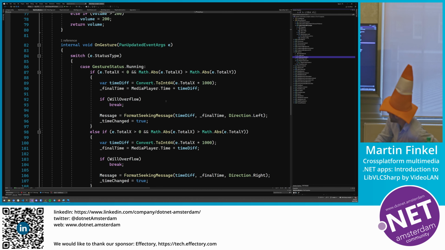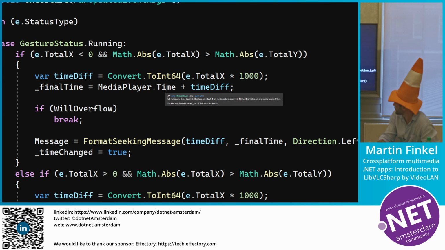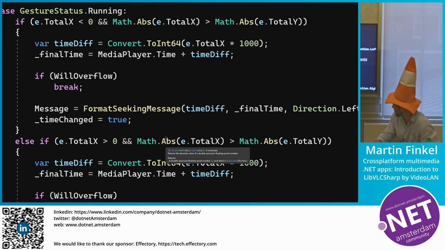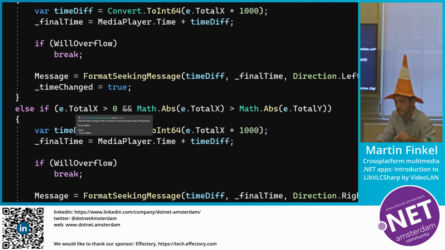So here we can just check the time. You cannot see the comment, but get the movie time in milliseconds. When the finger is going over the screen, you can calculate, because the event gives you the coordinates from the touch.